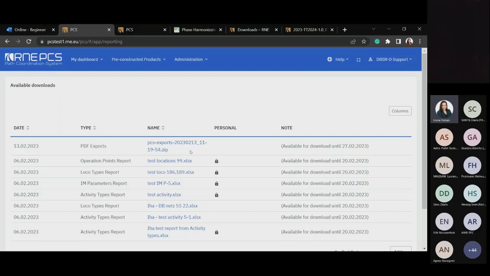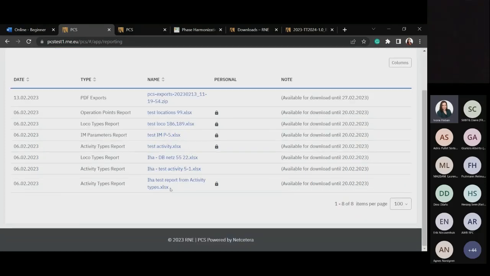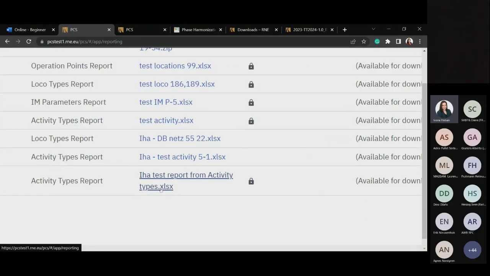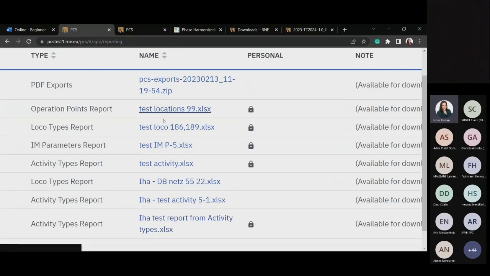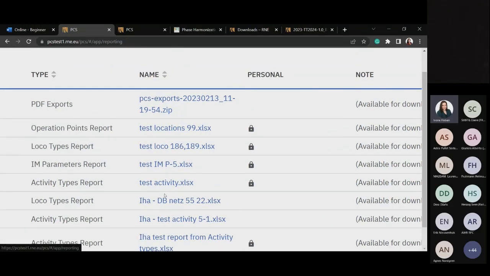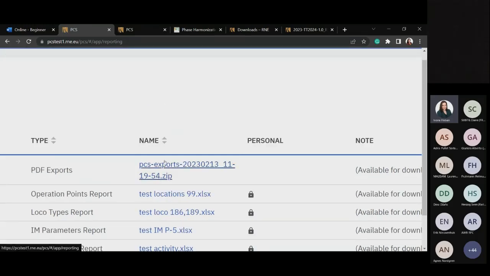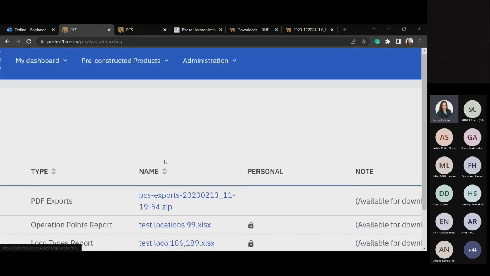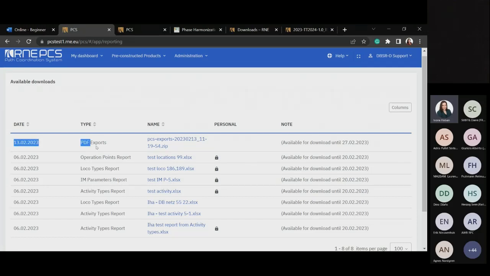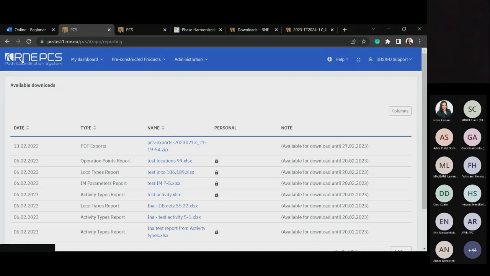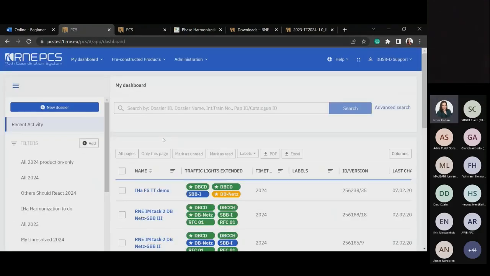This is where you will have the exports that you have triggered. You can see that there are some lists of the previous exports that were triggered for some activity types and the information that was previously available. Or today there was the export of the PDF files in a zip file. Let's go back to the